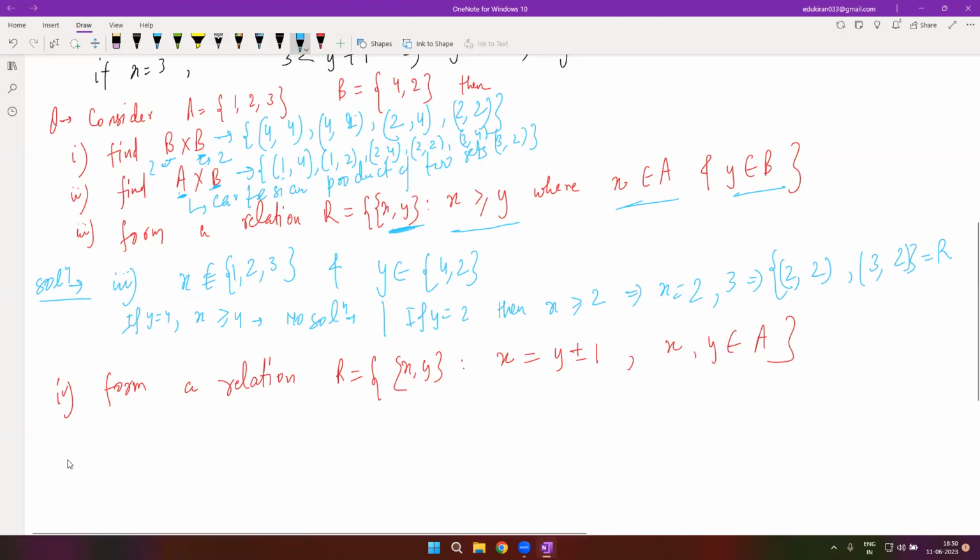Try to solve this one. We have to form this relation (x, y), which follows this, that the value of x should be equal to y plus or minus 1, right? And x and y both values